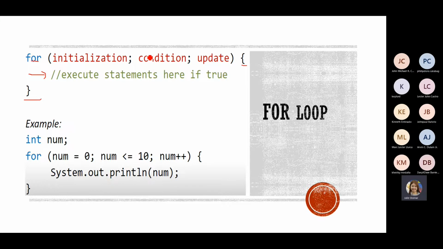Sometimes, the initialization part here, we also make it a declaration. Declaration and initialization at the same time. The others do the declaration before the for loop. But some of us use it all here: initialization, and at the same time, declaration. Declaration and initialization at the same time. Okay, so the value here is